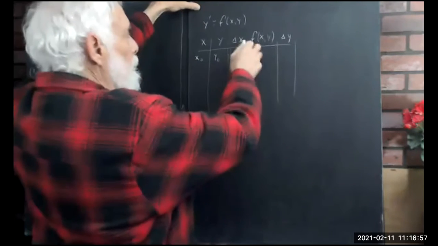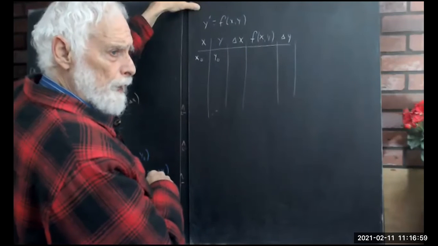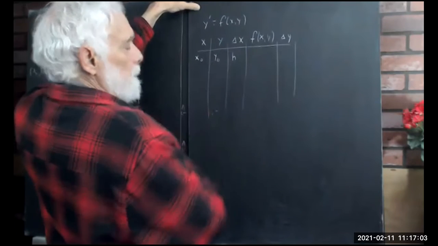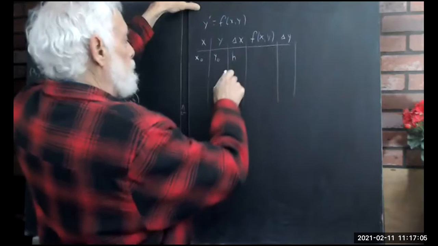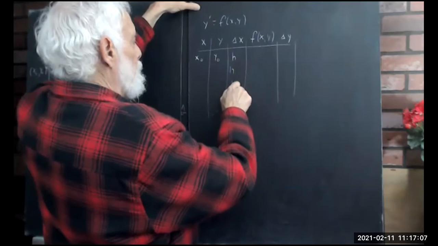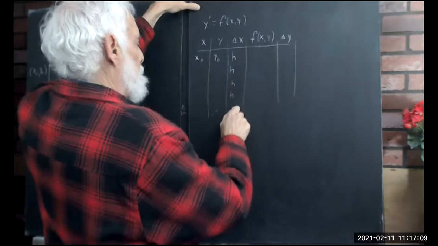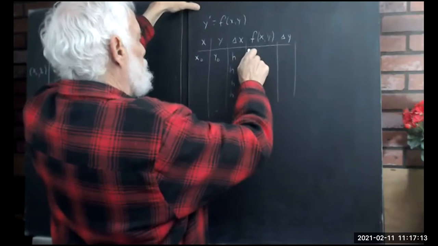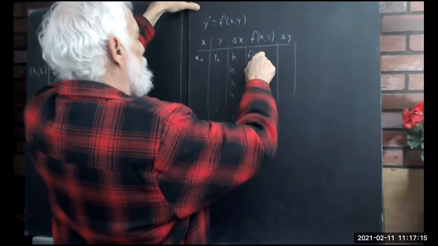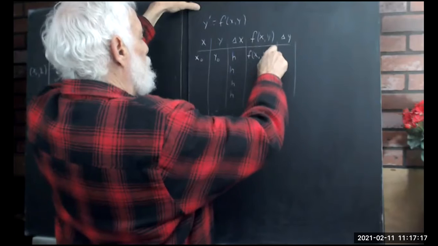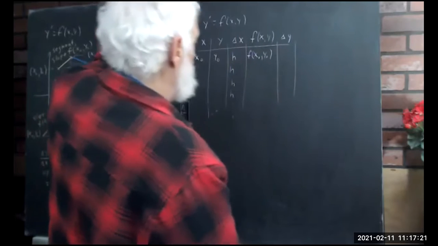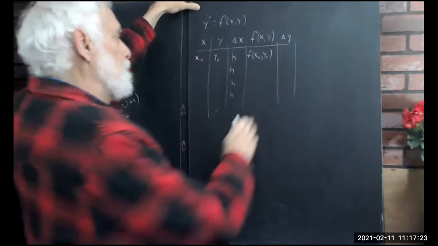We have a delta x here, and just for a little variety, I'm going to call this h. In every step, delta x is going to be h. And we have f of x, y. Well, that's going to be f of x naught, y naught. And then our delta y is going to be